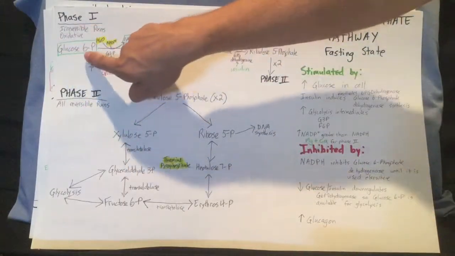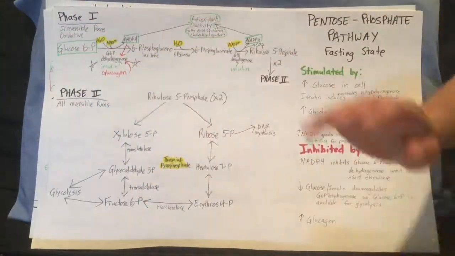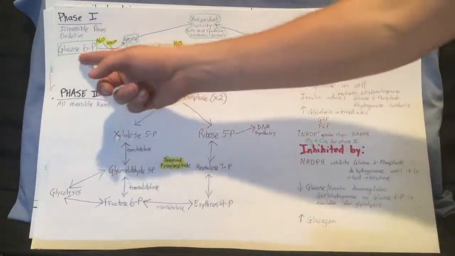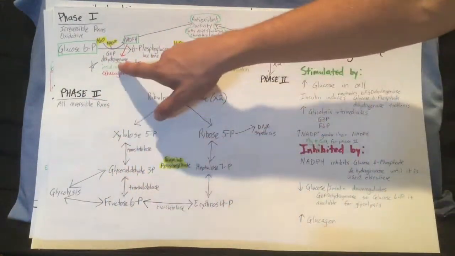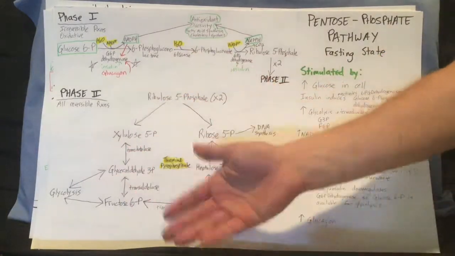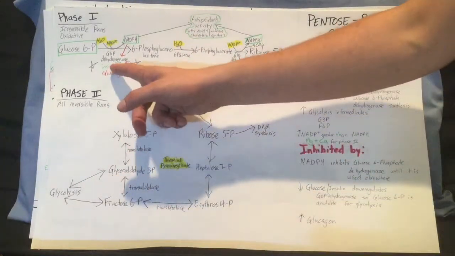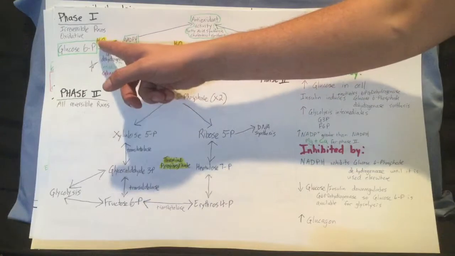We have excess glucose 6-phosphate in the cell. We don't need it to go through glycolysis. It's excess, so it's going to decide to go through this direction. Glucose 6-phosphate, G6P dehydrogenase, stimulated by insulin. So if we've got high glucose in the cell, chances are we've got high glucose in the blood. We've got insulin, so it's going to activate this enzyme. Also needs water and NADP,